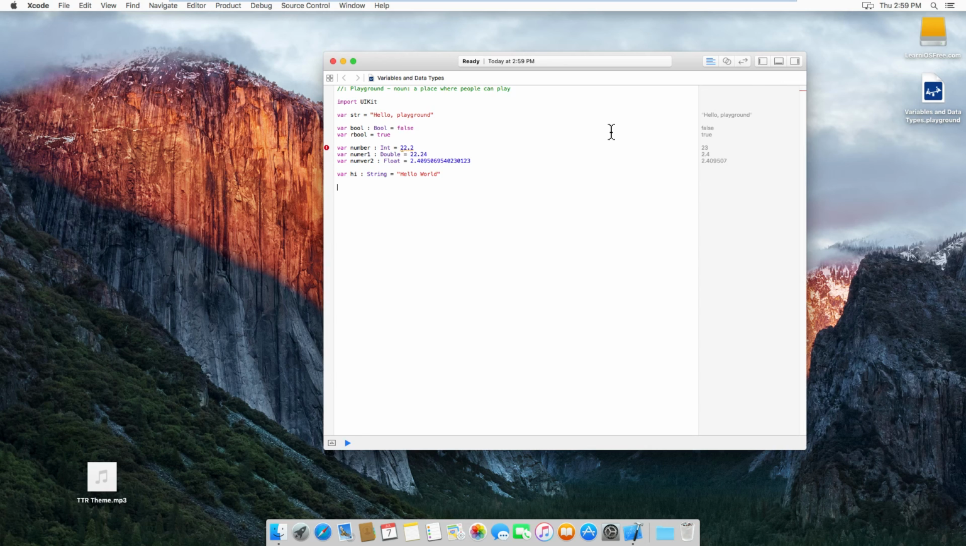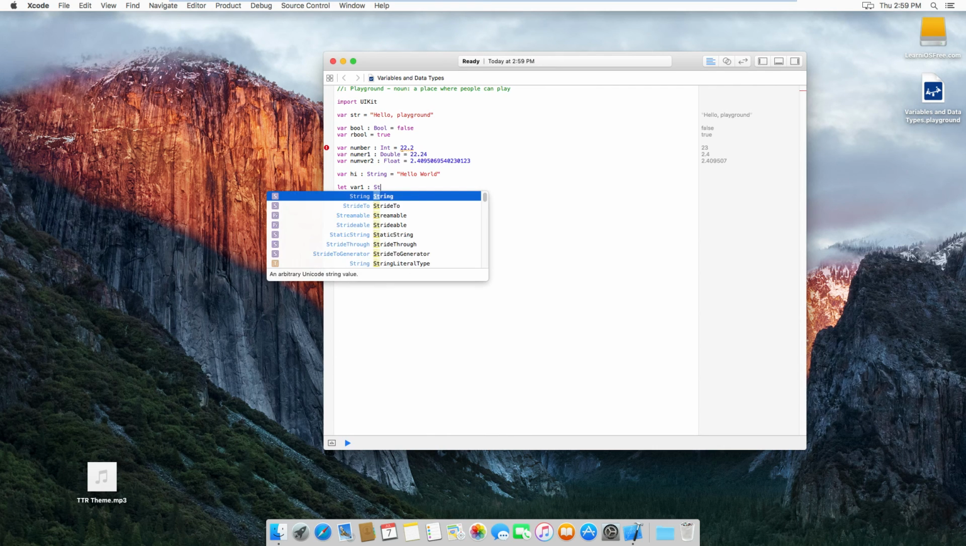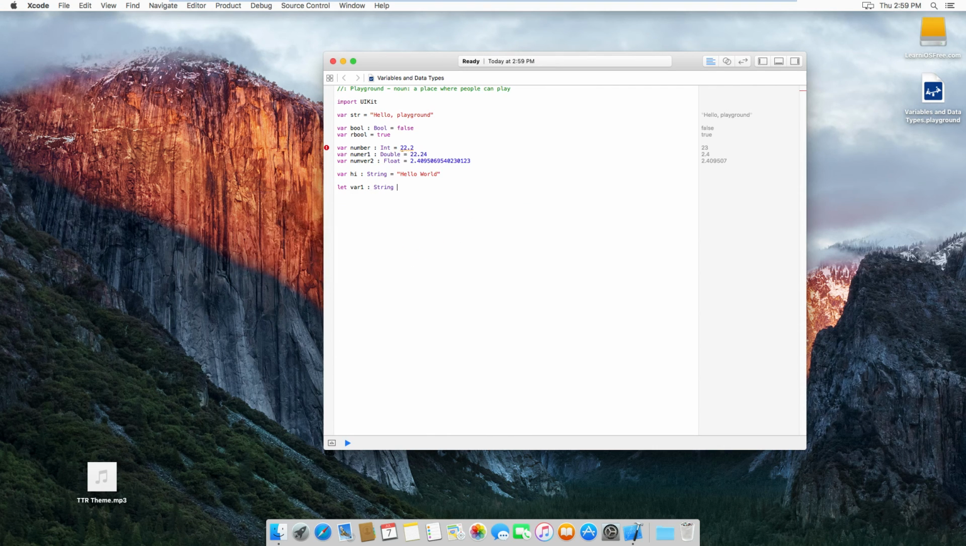Now there is one more variable type I would like to talk to you guys about. It's the constant. A constant is a variable that cannot be changed once it's been initialized. So as soon as you initialize it in the code, then that value that you initialize the constant with is going to stay that way throughout the whole code. It's not going to be changed. You cannot change it. And the way to do that is you want to call let, we'll call it variable 1. Let variable 1, we'll make it a string,